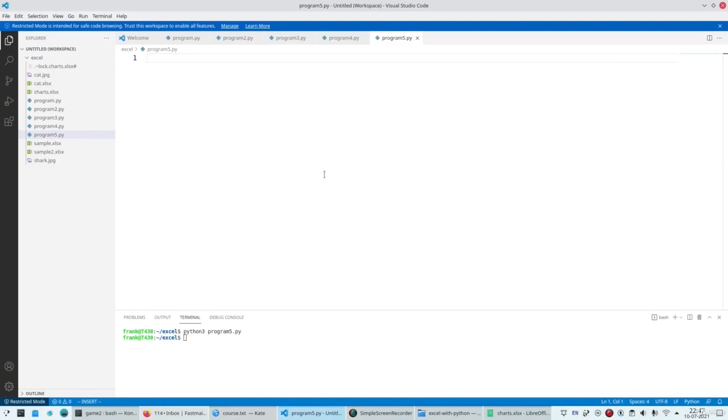Now you can also create Excel files where you add a chart. So you can create a new Python file, and with the Python file you have some data, and you can use that data in your Excel file to create a chart. So first import OpenPyXL. We want the workbook, then create the workbook,